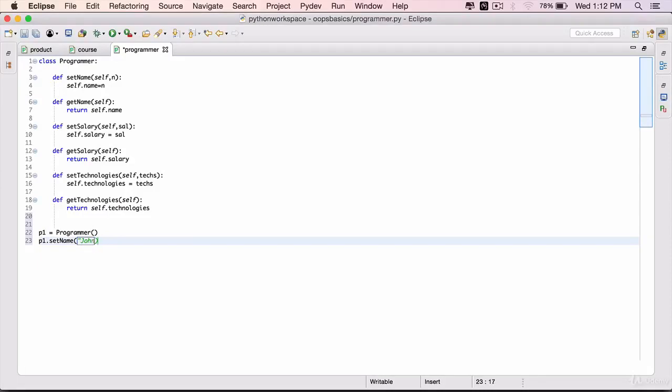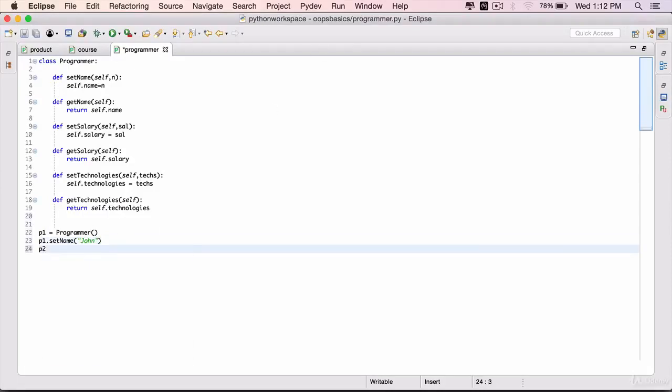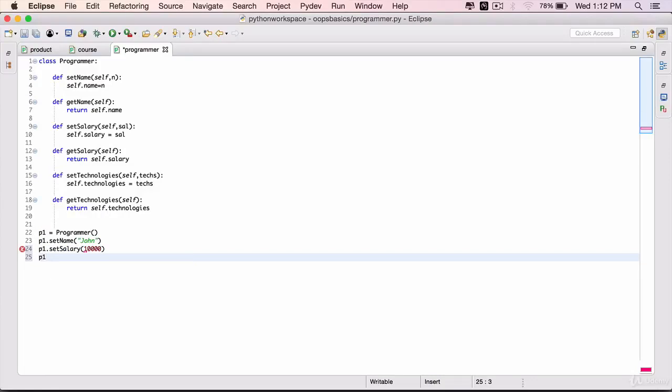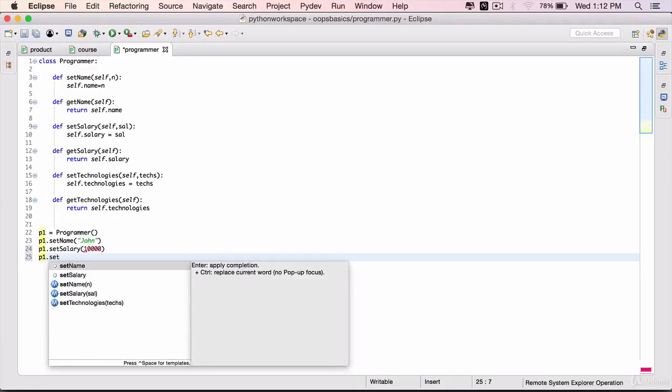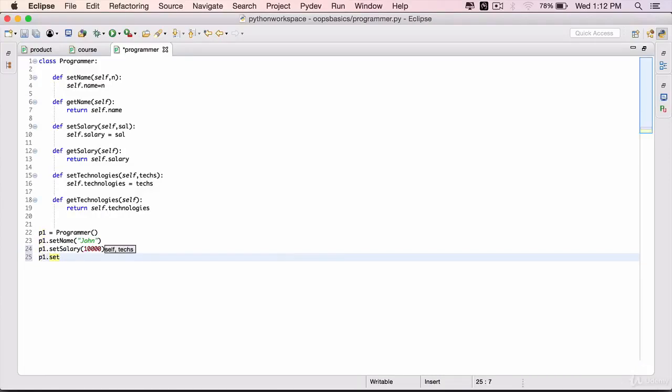So create an object P1 is equal to programmer. We don't have a constructor here to pass in the arguments. So we are going to use P1 dot set. Start with name, John within double quotes. Save it. P1 dot set salary is equal to 10,000 bucks. And P1 dot set